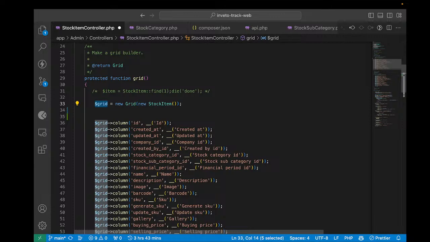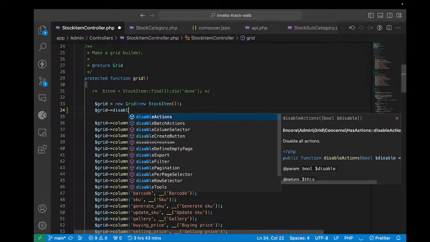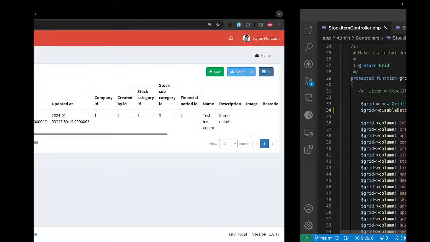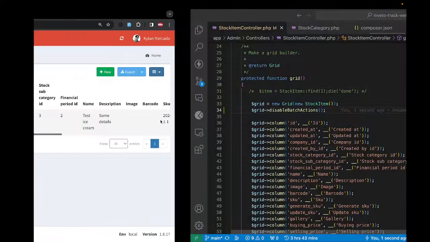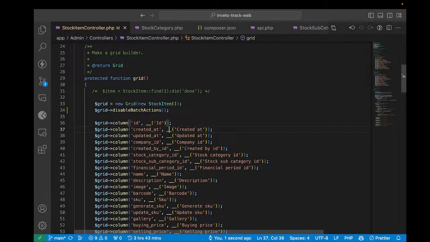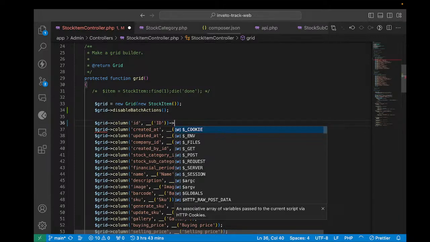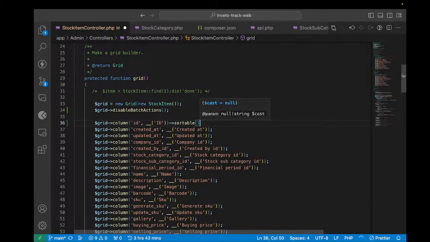So then come here and say disable batch actions. For me, I don't like them. Okay, so I removed the batch actions. I can say maybe the ID should be sortable. So in the stock item, someone may need to know the ID of a stock. So come here and make it sortable. All right, like this. So after doing